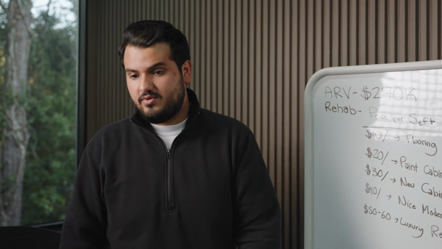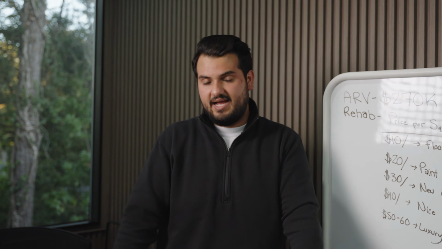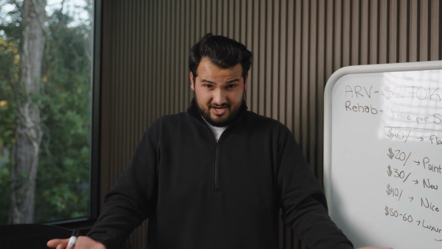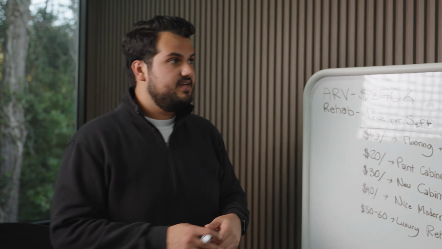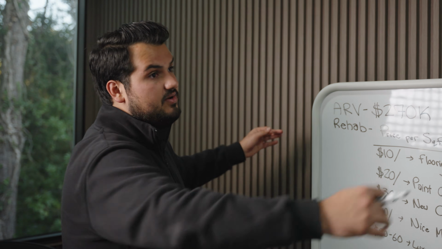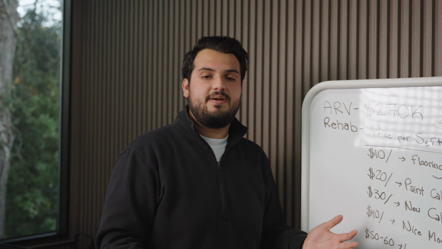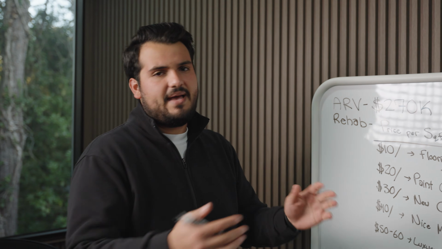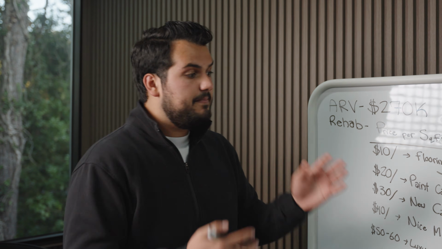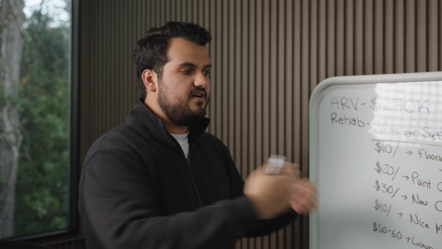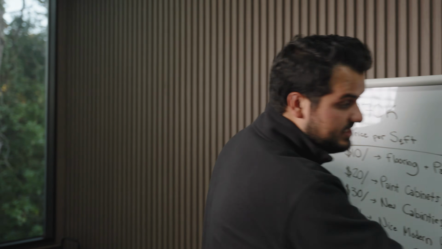If it's a really bad driveway and it has horrible curb appeal because of how bad the condition of the driveway is, you might have to replace it. That amount can heavily vary, right? So you have to use your best judgment. If it just needs all new siding around the house, it could be 5, 7, 10 grand depending on the size of the home. If it needs small patchwork or pressure washing, you can account a couple of grand here, a couple of grand there. But you're just doing a mental check mark of where you think it could be. So this could range, right?